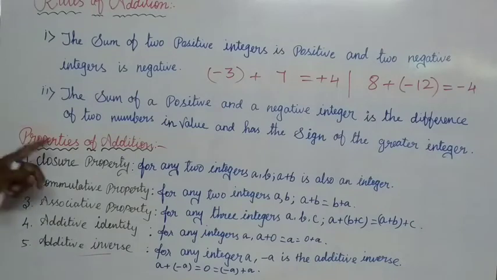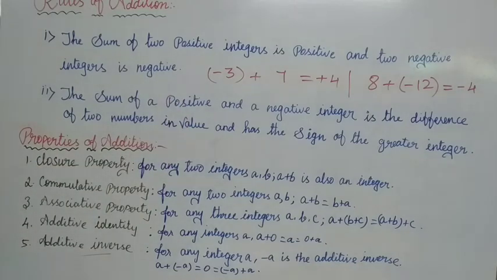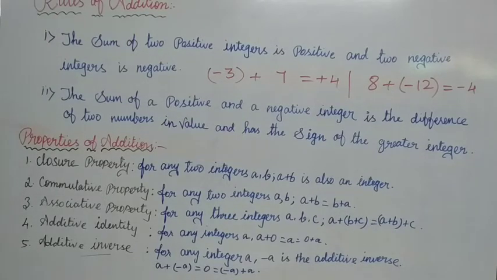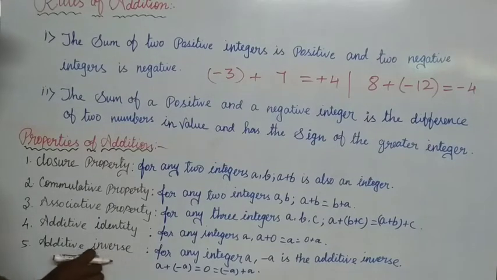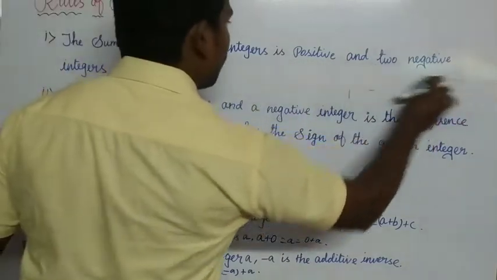So next, properties of addition. So remember, integers add பண்ணும்போது இந்த rules நம்ம follow பண்ணி தான் add பண்ணனும். Then properties of addition, பார்க்கலாம். First of all, there are 5 properties. The first one is the closure property. The closure property is nothing but: for any two integers